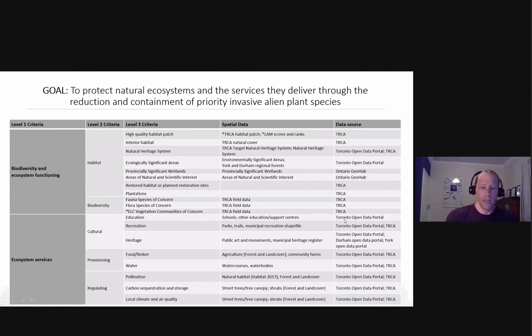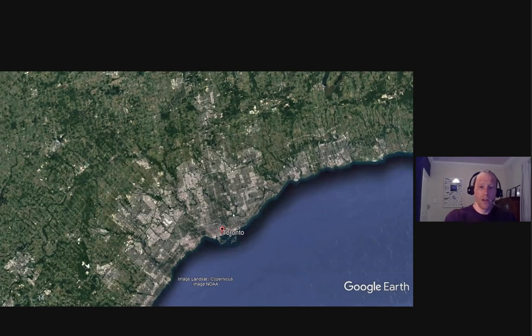And we're obviously lucky in that Toronto and the surrounding municipalities have really good open data portals, and the TRCA obviously have excellent data on a lot of things. So we were able to extract quite a bit of data from these data portals, from these respective municipalities, and then use the spatial data to do some mapping of these different criteria. Just to remind you of where we are, Toronto, and this is kind of the footprint here, but again, the TRCA jurisdiction extends a bit beyond that into the outskirts.